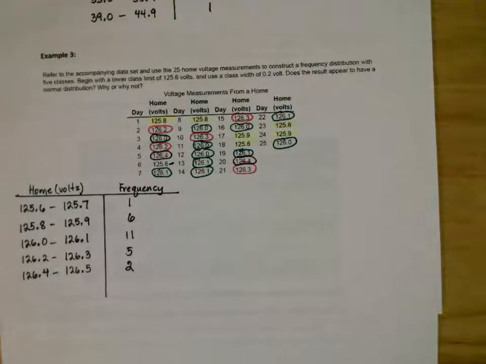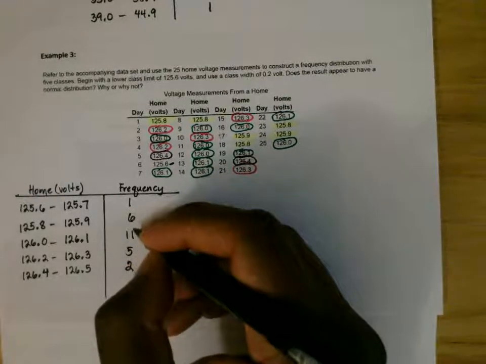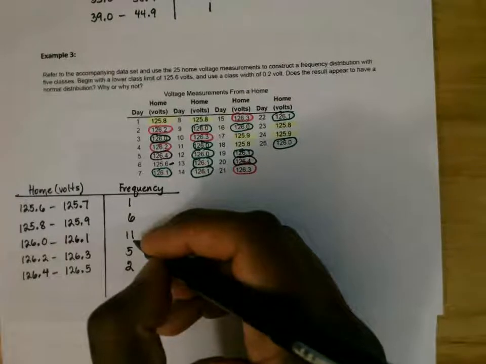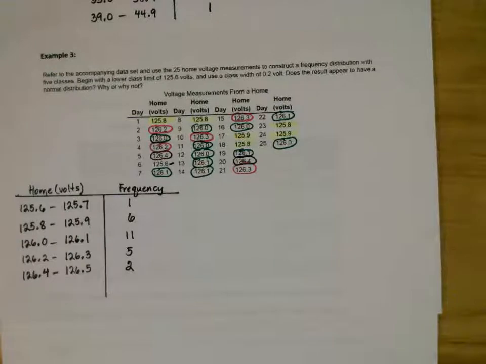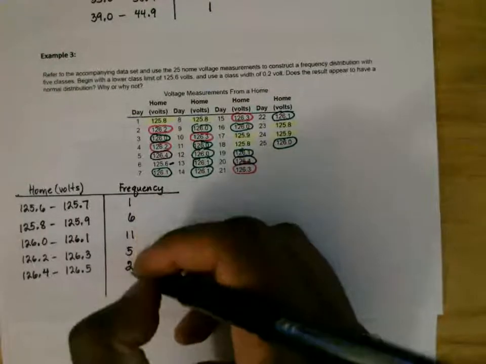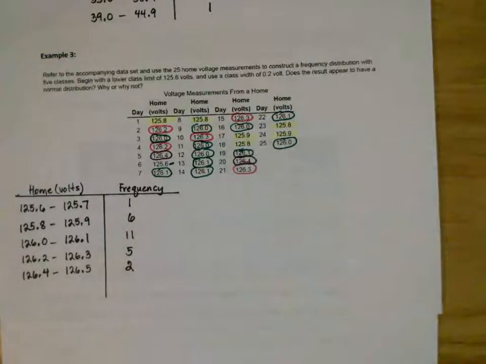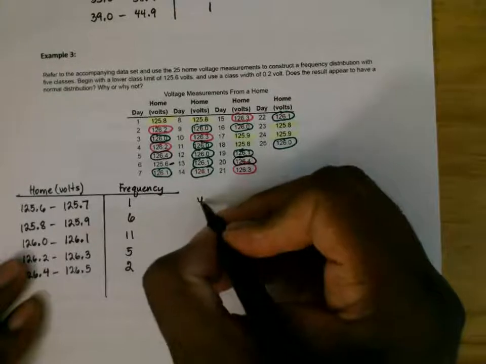Now, the other part of the question is, does the result appear to have a normal distribution? Why or why not? What we mean by a normal distribution is this: the data values start small, increase to a high number, and then start decreasing to low numbers. If you look at this frequency distribution, you'll see that it does follow a normal distribution. So the answer to that question would be yes,